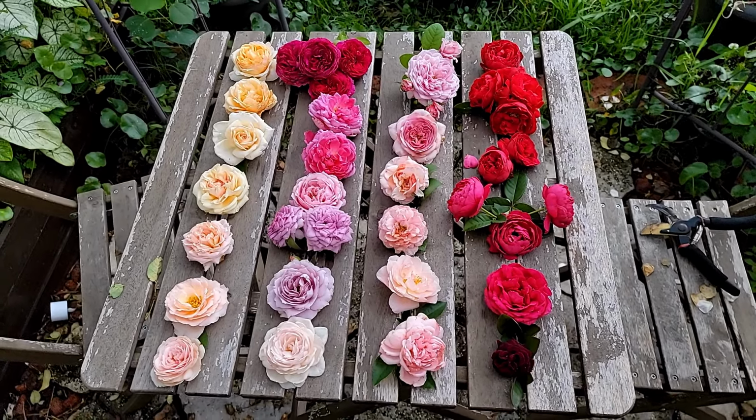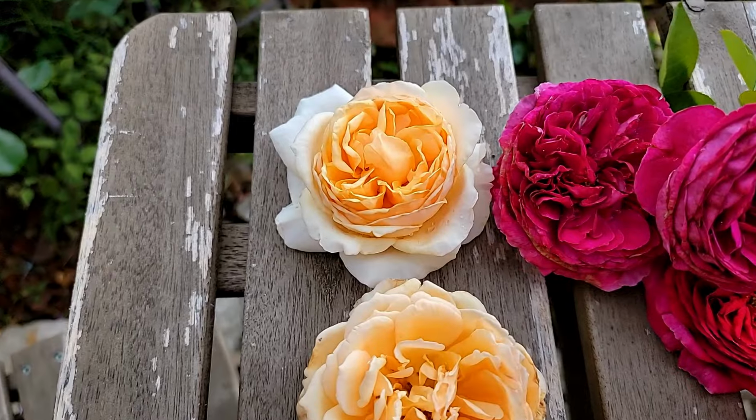Okay, so as usual, I sorted them by color as best as I can, just to show you the differences for similar colors. So let's start from the left all the way to the right. Okay, so let's go. This first one here is